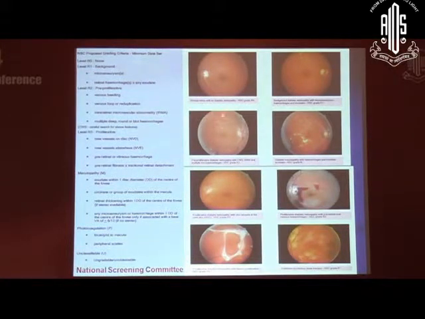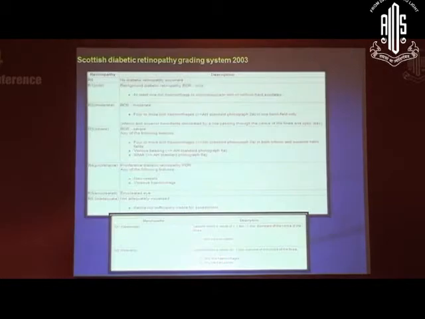Similarly, there are a lot of screening program stagings. They are of more relevance for screening program studies. For example, one of the standards is the National Screening Committee classification, which gave us the major grades starting from R0, R1, R2, R3. What it says is when to refer the patient, when to intervene, and what sort of treatment, so that it becomes a guideline for somebody to follow a screening protocol and to refer. It is one of the standard protocols being followed. Similarly, there are many studies which describe grading for screening purposes, for example the Scottish Diabetic Retinopathy grading, which also defined various grades and the maculopathy. All these basically help in deciding when to refer, when to follow up the patients, and for prognostic purposes.